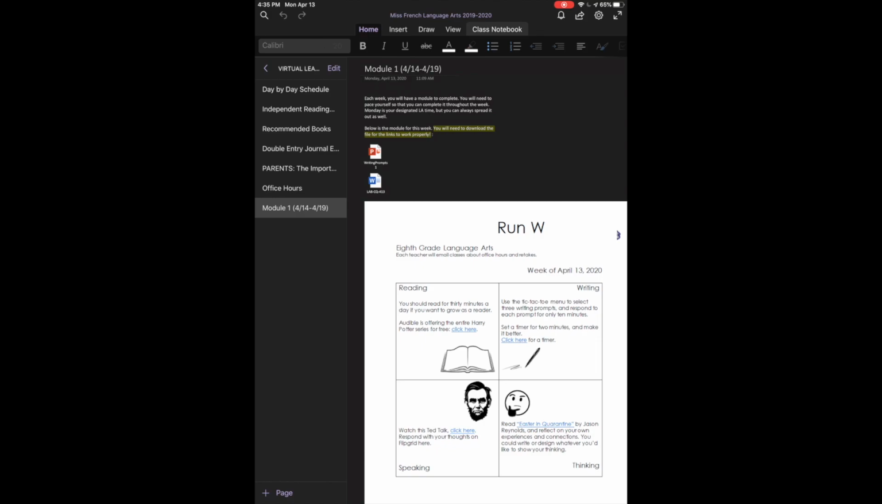As far as writing goes, it says use the tic-tac-toe menu to select 3 writing prompts and respond to each prompt for 10 minutes. So just like we used to do in class in your notebooks, you're going to have to time yourself for 10 minutes. You'll choose a prompt and then you'll write. So for example,